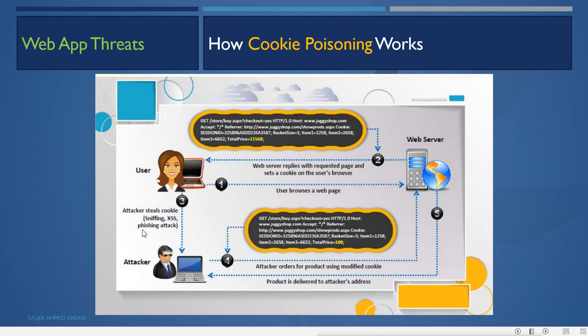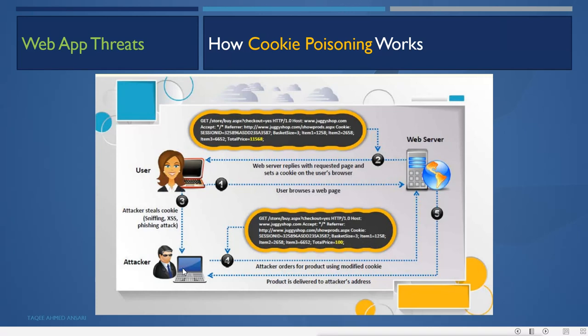It can do these different attacks, or it can do sniffing. It sits in the middle, comes as a man in the middle, and does the sniffing. By sniffing it will steal the cookie, or it can do a cross-site scripting attack to get the cookie, or it can do a phishing attack. A phishing attack means it will send a targeted mail with malicious code to the user, and that code has the means to steal the cookie. While the user is logged in and the session is running, the attacker sends the phishing mail with the malicious code, and when the user clicks on that link, it steals the cookie of the current session.